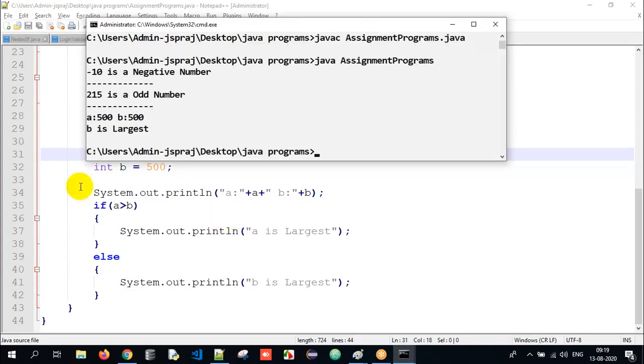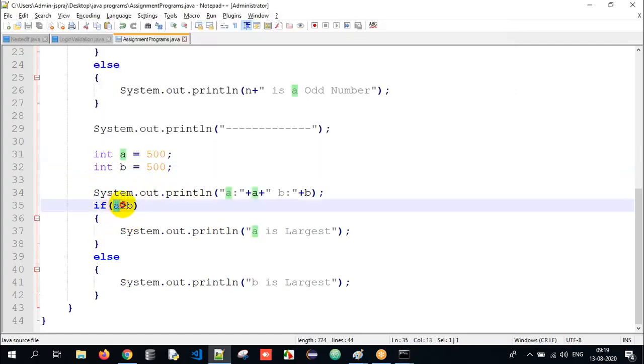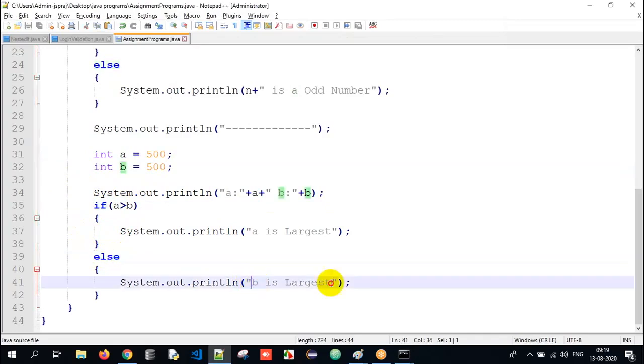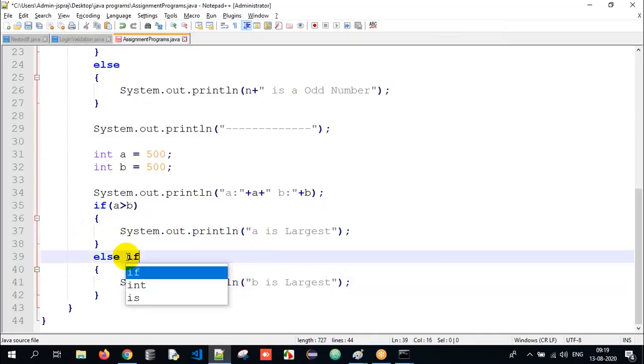I execute it. See, I just get it as B is largest. Why? Because it's not yet efficient. Because as soon as I check if A is greater than B, this is not true. 500 is not greater than 500. So it goes to the else block. Directly, B is largest will get executed. So it's not yet efficient. So therefore I have to tell else if,